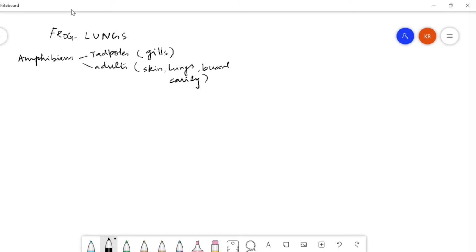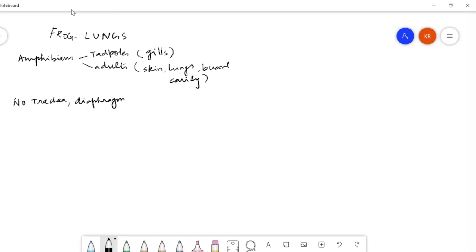So as regards the lungs of the frog, let us note down some differences between the lungs of the frog and say the lungs of a human being. First of all, the frog has no neck, and therefore the frog has no trachea. The frog has no diaphragm, so those muscles of the diaphragm are absent. These two are important differences,